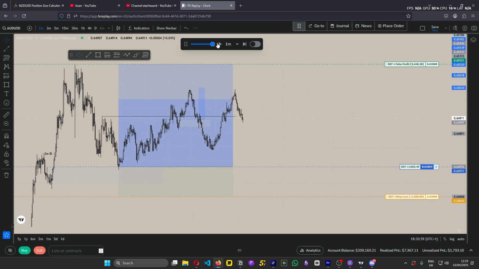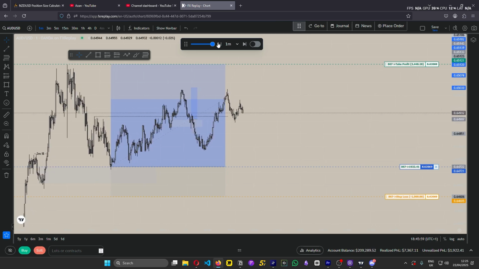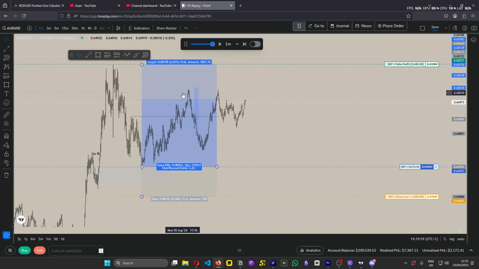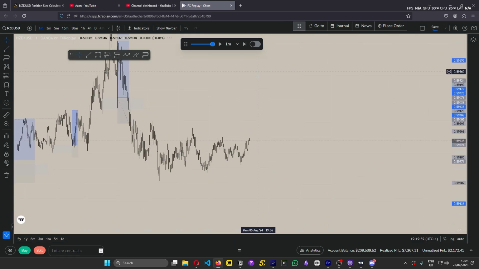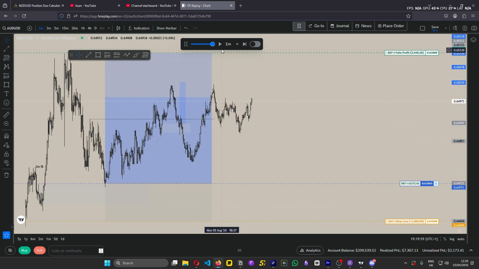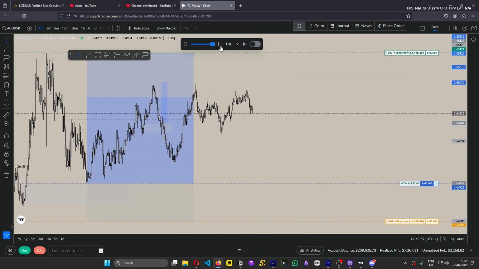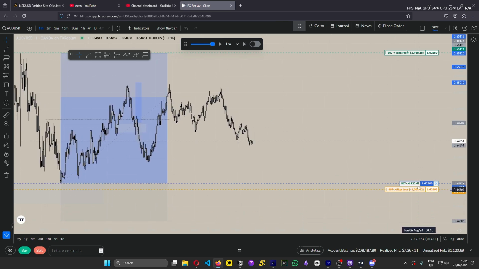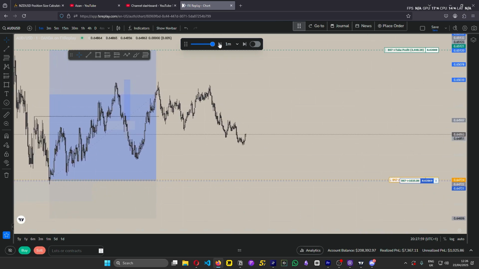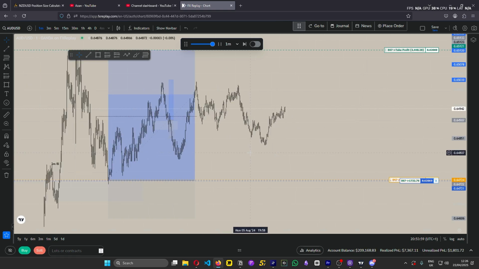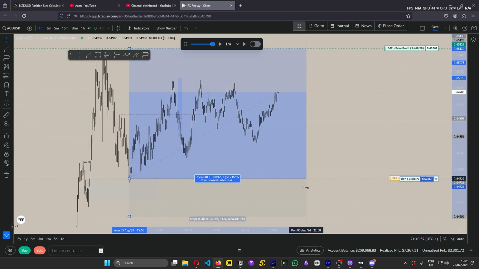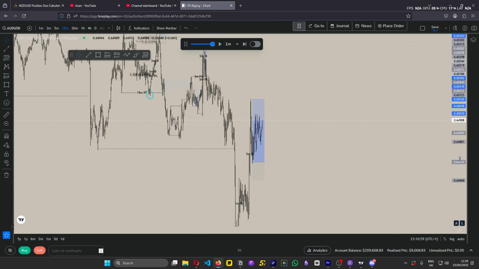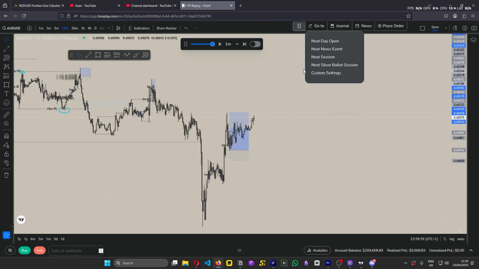Okay. Wait, what time is it? This is so late in the day as well. Should I really be in this though? Yeah, I'll stay in it, but... this is just horrible. I'm just gonna put my stop here. This is very late in the day, and I think right here I'll be closing the trade anyway, so it's fine. Next day. Let's go to the next day.